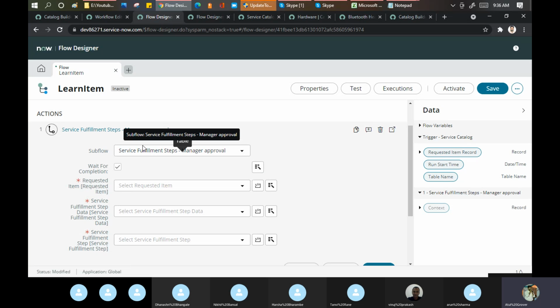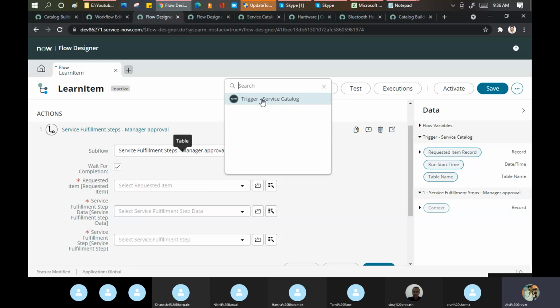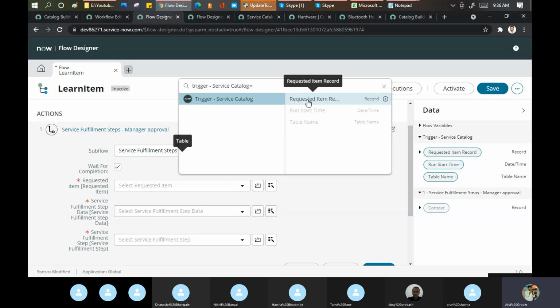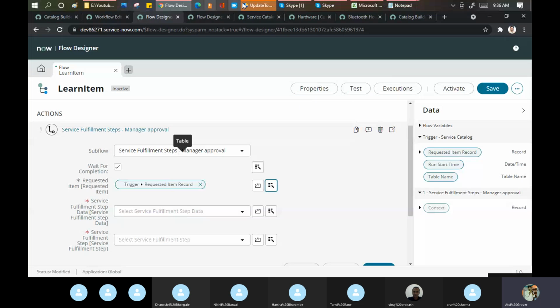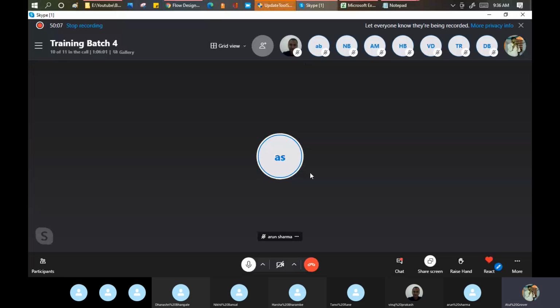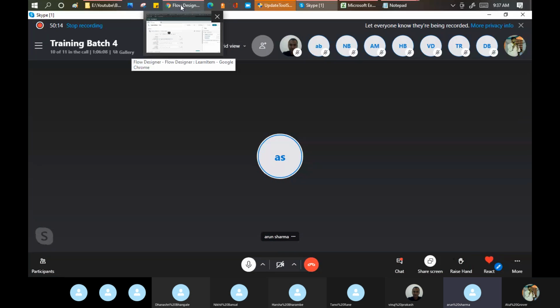I have two options. Number one, I can do the scripting part or I can click on this. What this basically means, it will check in my workflow that if any new item. Hello, yes, please. Yes, Arun. No, I think there was a certain stop. So I think the net was gone. Sorry for that. Okay, no problem.